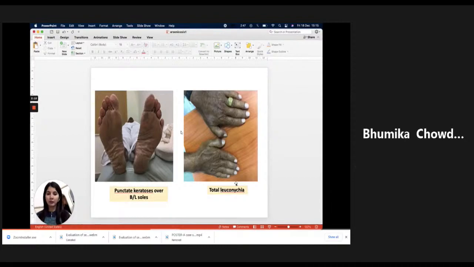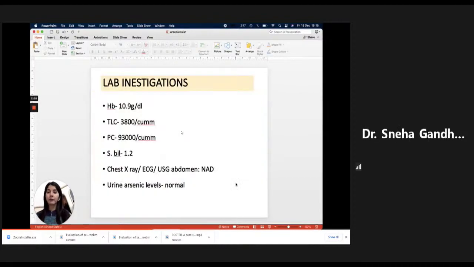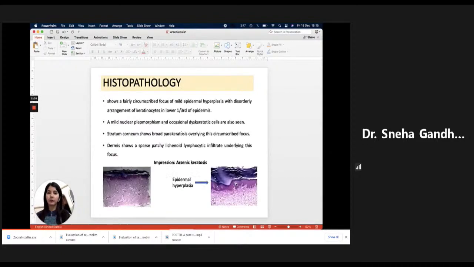Now, lab investigations: there was pancytopenia, serum bilirubin levels were mildly raised, and serum aminotransferase levels were also mildly elevated. Chest X-ray, ECG, ultrasound abdomen were normal, and urinary arsenic levels of the patient were also normal. On histopathology, sample showed fairly circumscribed focus of